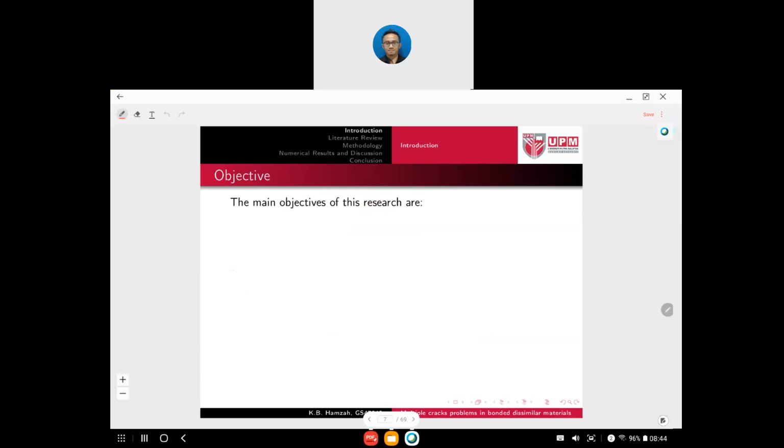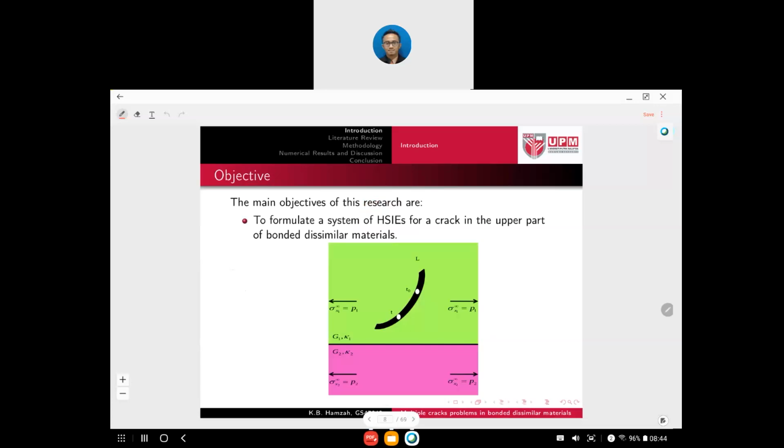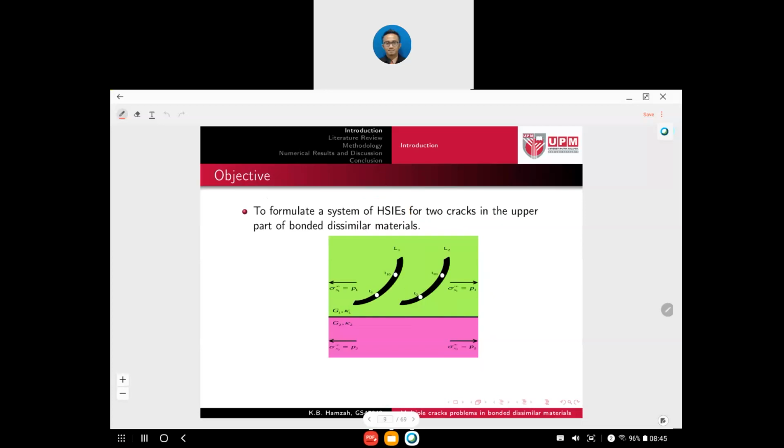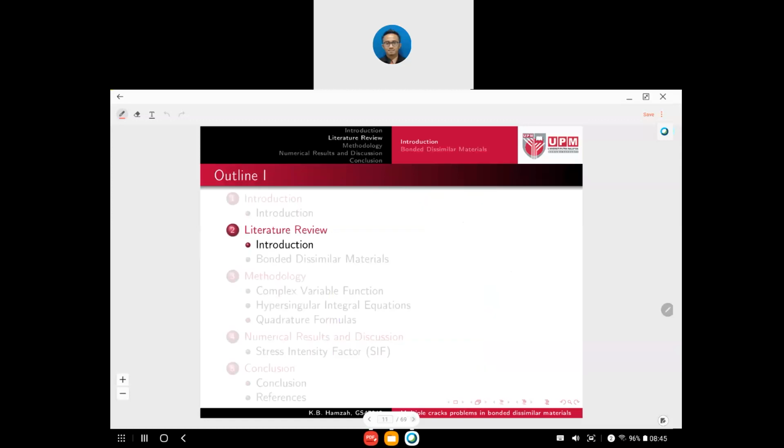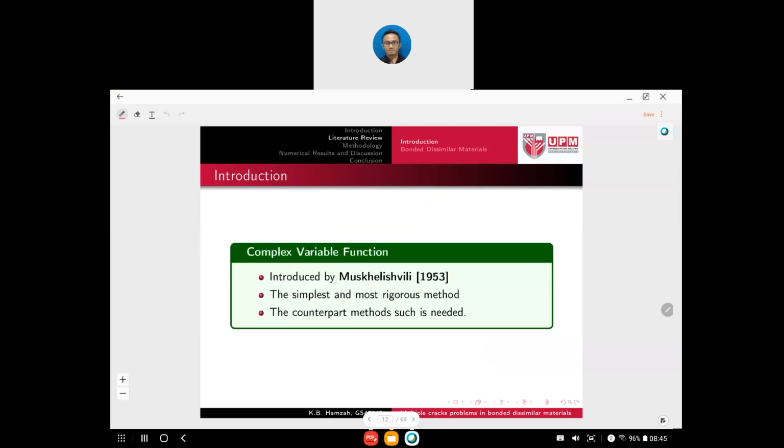The main objective of this research is to formulate a new system of hypersingular integral equations for a crack in the upper part of bonded dissimilar materials, to formulate a system of hypersingular integral equations for two cracks in the upper part of bonded dissimilar materials, and then to analyze the behavior of stress intensity factor for different crack configuration, position, and elastic constant ratio. For the literature review, we are